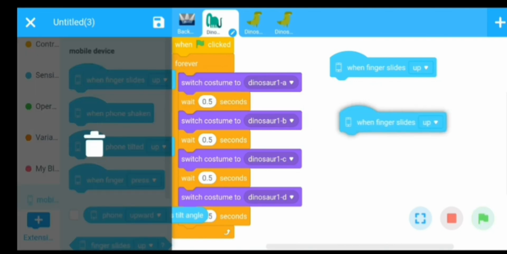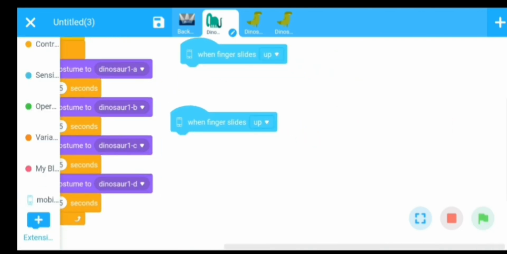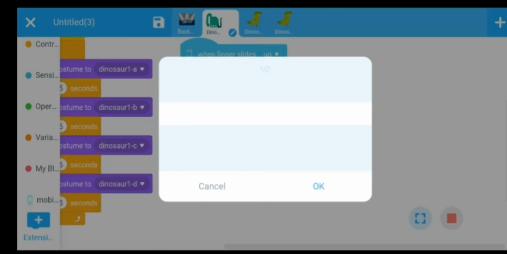Okay, here I want to control the color effect by sliding our finger up and down. First we will choose up and second down.